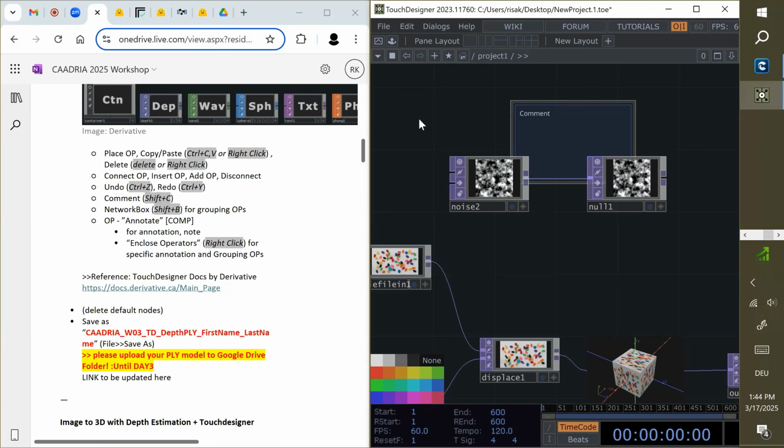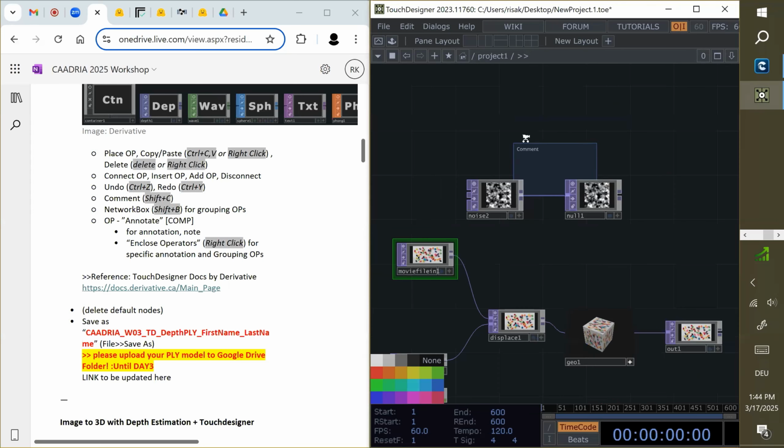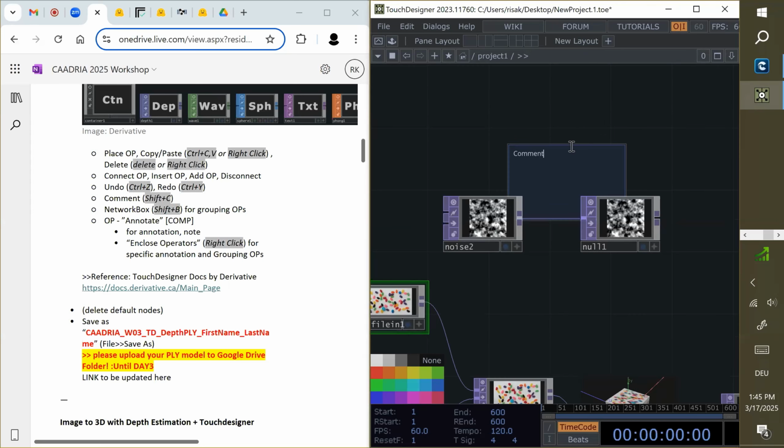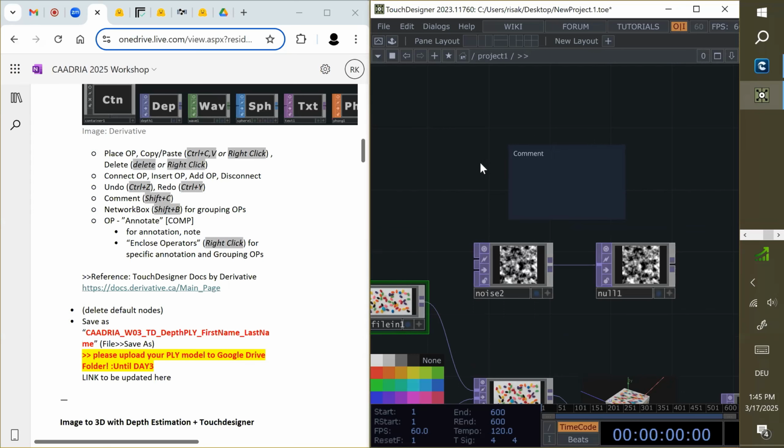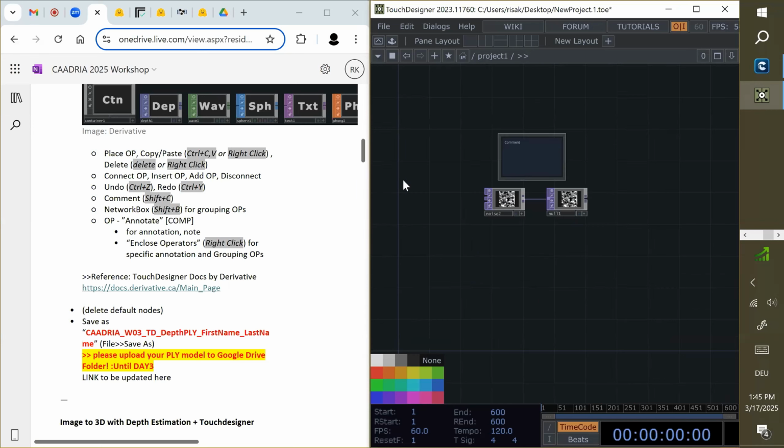So Shift key and C. And then you can type something, like a Hadria node or something like this. And I just delete this because we're not using it.